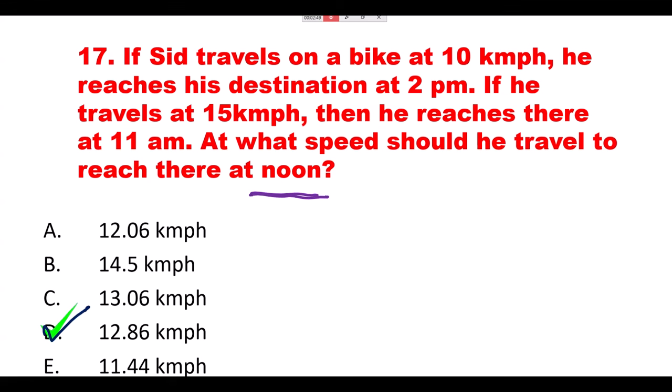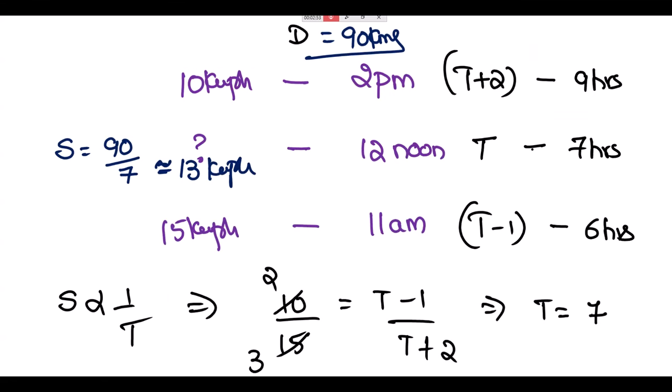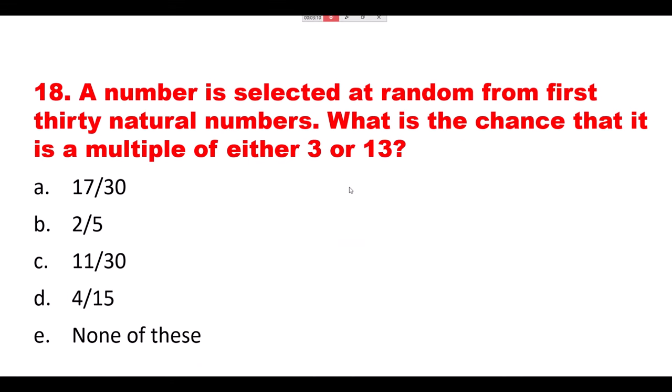Question similar to the one which we discussed earlier, but there we have concept AP and HP. Timings are in AP. We applied HP concept for the speeds, but here that is not satisfied. T plus 2, T minus 1, or this time difference is 2 hours and 1 hour. Not in AP concept, we cannot apply that. So that's about the question here. 17th one. Now 18,